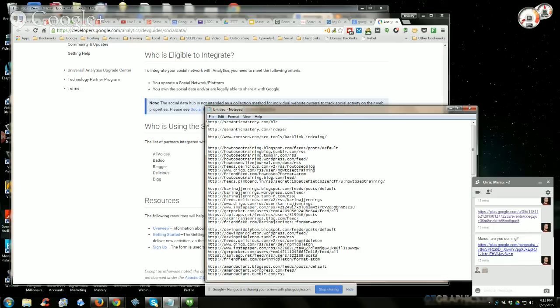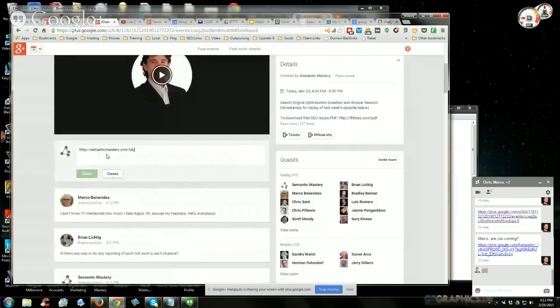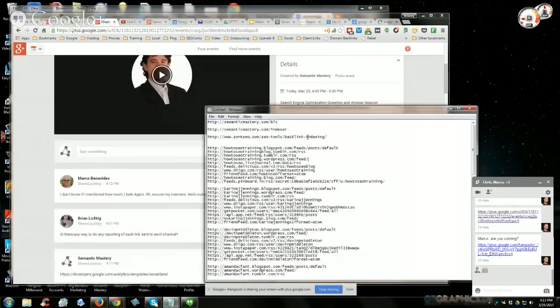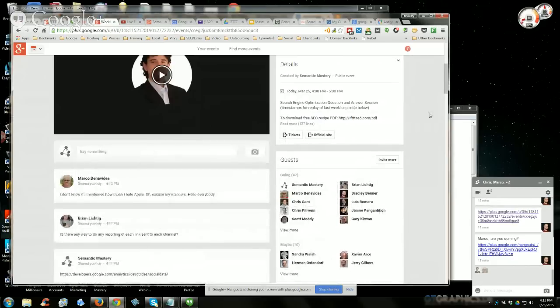So I'm going to post this link on the events page real quick, and then I'm going to show you the plugin itself. All right, so this is number one. There's two steps to this: there's the plugin, and then there's an indexing service. The indexing service that I recommend is this one here. This will be the next link I'm posting, and we're going to actually walk through both of these now.